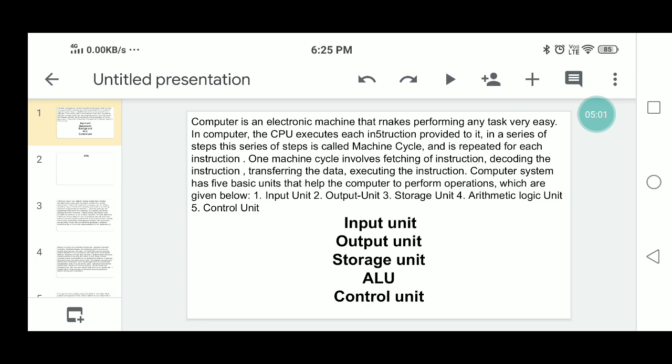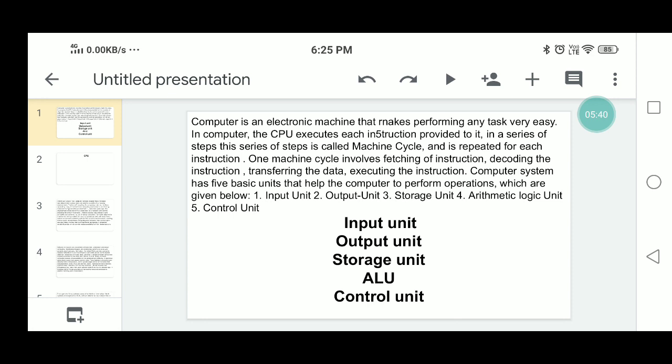Once the data is assigned to a location, the system accesses it directly by means of the address of the particular storage location. The primary storage types are RAM, ROM, cache memory and virtual memory. RAM is random access memory. Next, ROM is read only memory. Then cache memory, and virtual memory. These are the various types of primary storage. RAM is the temporary storage area.